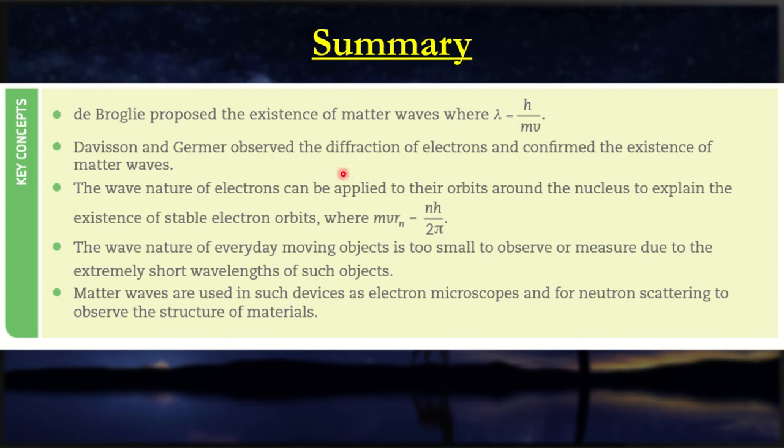But just remember what de Broglie said, that particles can behave like waves. The wavelength we talk about is this equation here. We call them matter waves, the wavelength of particles. We also know that using this equation, we can mathematically derive the stability of electron orbits, the angular momentum, this equation here. The reason why this was proven to be true was the work of Davisson and Germer, and also J.P. Thompson, because they could actively observe the diffraction of electrons, confirming that particles do act like waves.